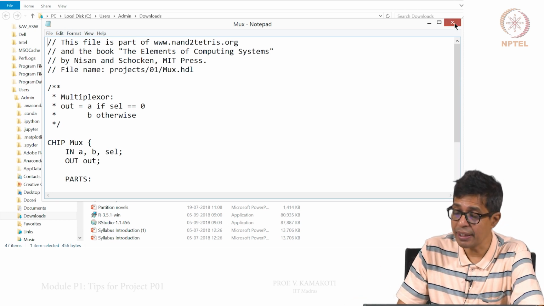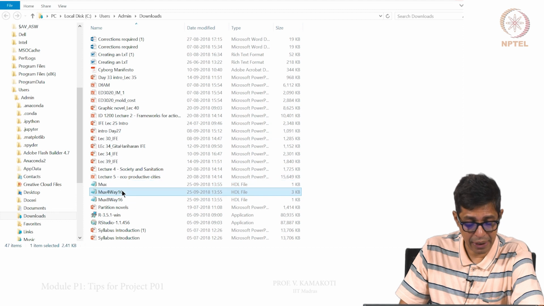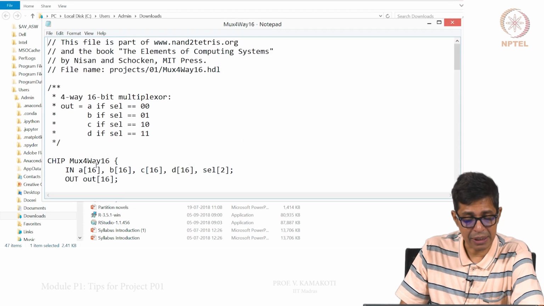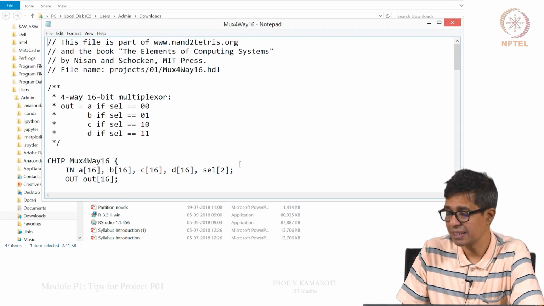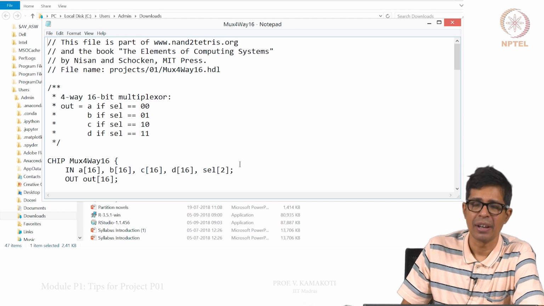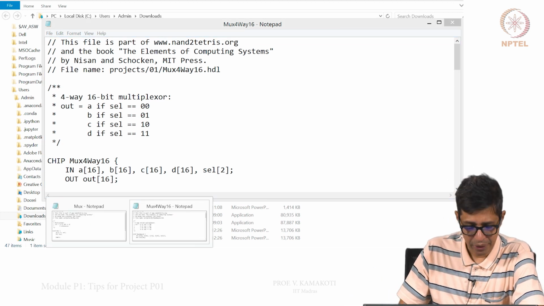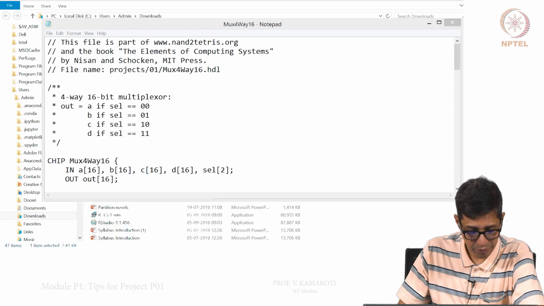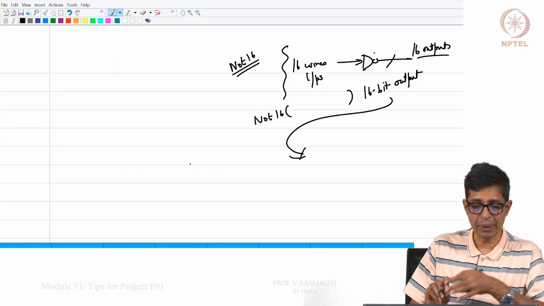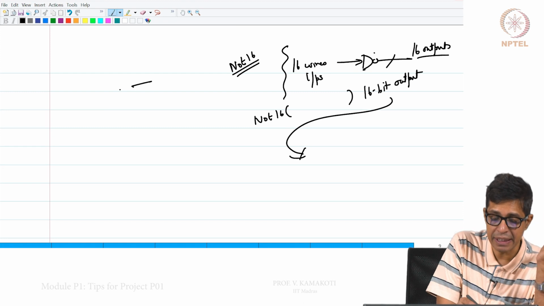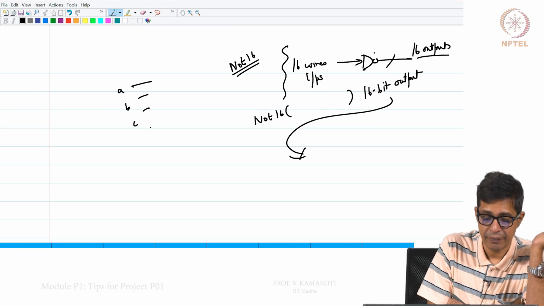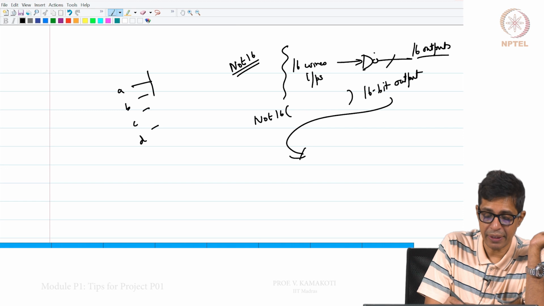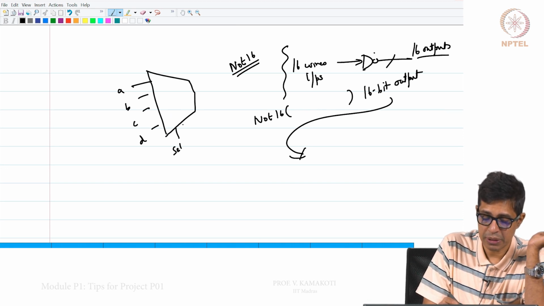Now, using this we want to make a Mux4Way16. 4-way 16 means I want to basically construct a 4-way mux to start with. What is a 4-way mux? A 4-way mux is where I have A, B, C, D, and 2 select inputs, select 0 and select 1, and this is out.